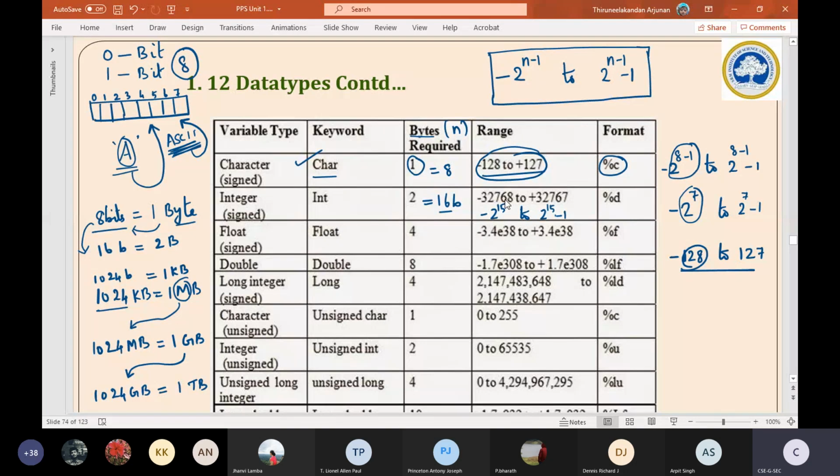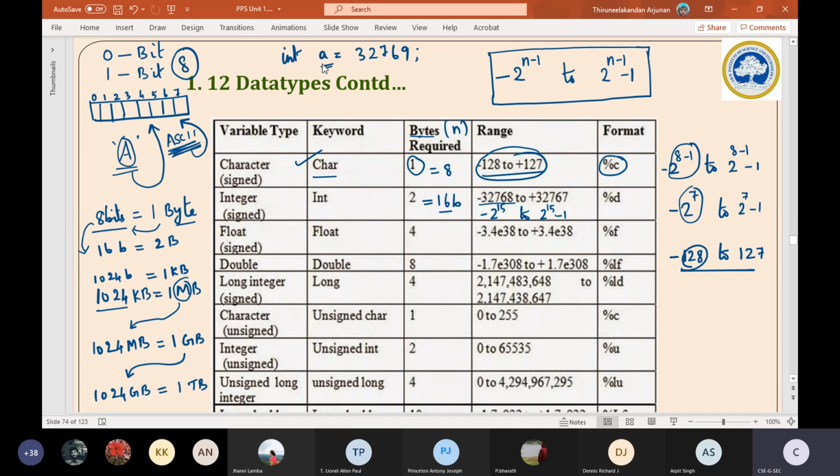These are the integer numbers without a fractional part. Without a fraction, a number can range on the negative side from minus 32768, and on the positive side it can go up to 32767 only. In case I am storing int a equal to 32769, if I store this number into the variable a, automatically my compiler will throw an error saying that the size of the integer range is exceeded here.